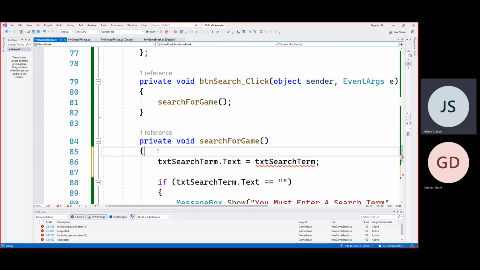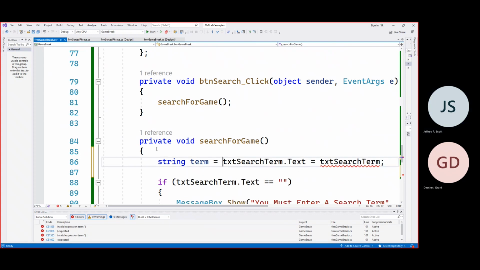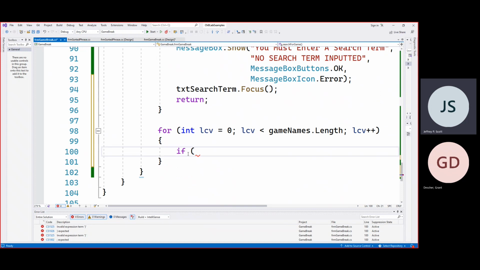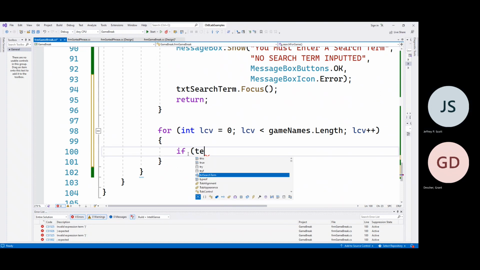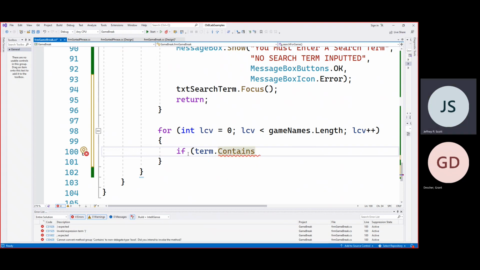So string term equals, that's what I should have done. Just to make it a little easier, then I don't have as much typing to do. So it's term. All right, so if term dot contains, all right, and let's see,